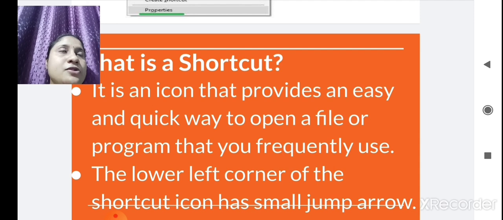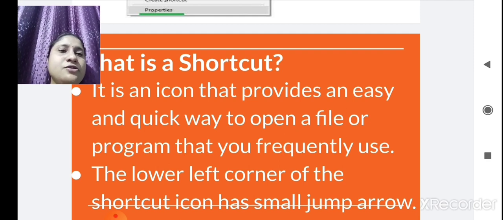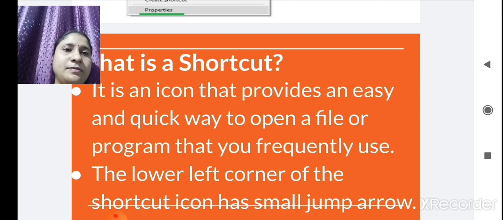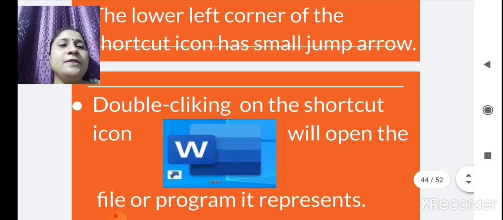If you want to make a shortcut of Microsoft Word, and you don't want to go to the start button and then click on all programs, then accessories, and then WordPad, you can use this shortcut menu. It gives a shortcut to your icons so that it will jump directly to that. See here, like this it will appear.